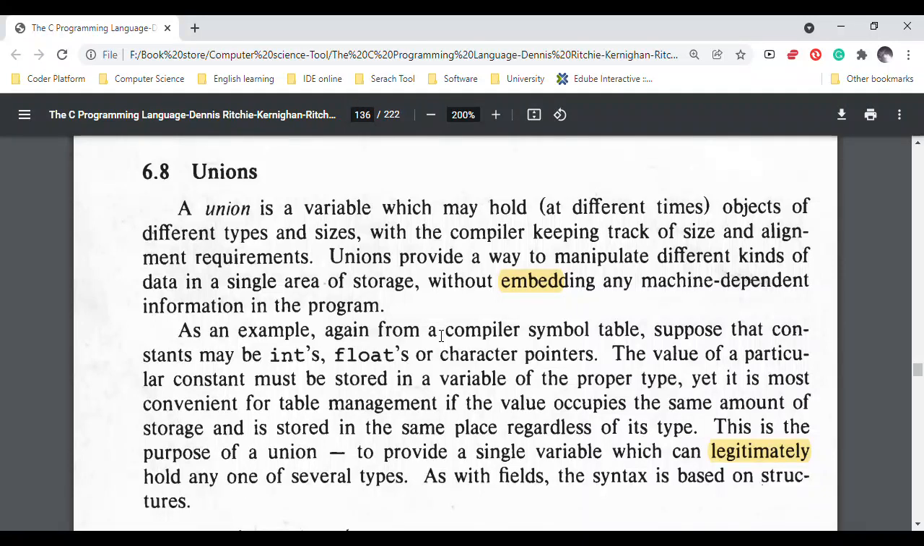I'm back. Let me continue with the book at chapter 6.8, Unions. A union is a variable which may hold at different times objects of different types and sizes, with the compiler keeping track of size and alignment requirements. Unions provide a way to manipulate different kinds of data in a single area of storage without embedding any machine-dependent